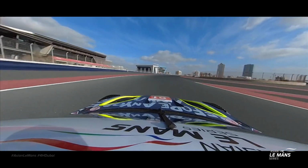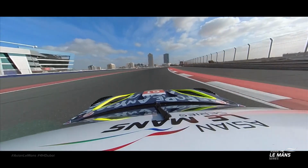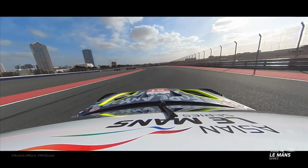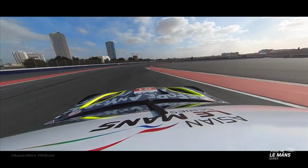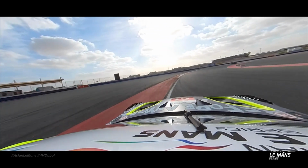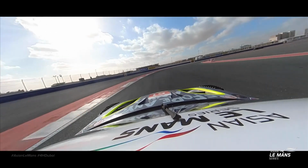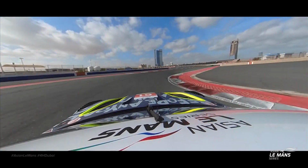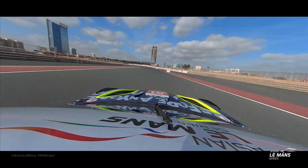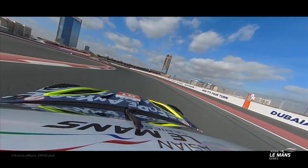Very hard on the left front tyre here at the Dubai Autodrome. You've got GT3 cars, you've got to be watching for the P cars coming through here because they've got a lot more downforce than these GT3 cars. To come down into the lowest part of the racetrack, turn 6 here, and winding through into turn 7, second gear, about 100 kilometers an hour, and the exit of that corner, rowing back up through the gears,